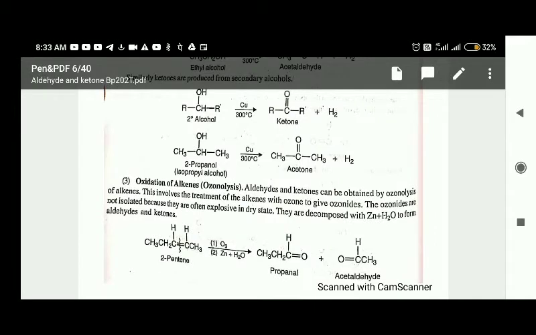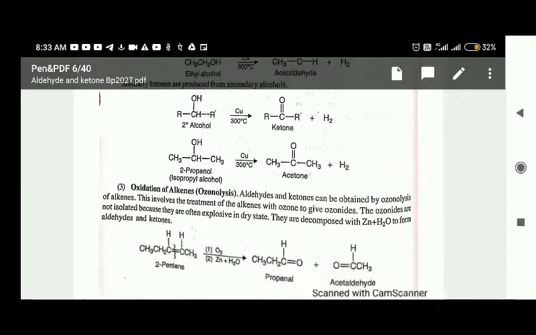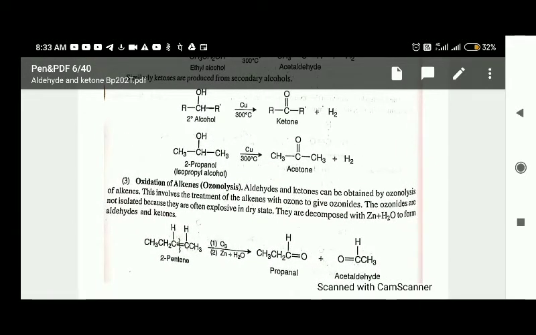You have seen this, beta, look. If you take primary alcohol it will give aldehyde, and if you take secondary alcohol it will give ketone, right? See, primary is giving the aldehyde and secondary is giving the ketone. Next, oxidation of ozonolysis, we have studied that alkene upon ozonolysis is going to give you ketones or aldehyde. So you know this, I don't have to explain how it is prepared, right?